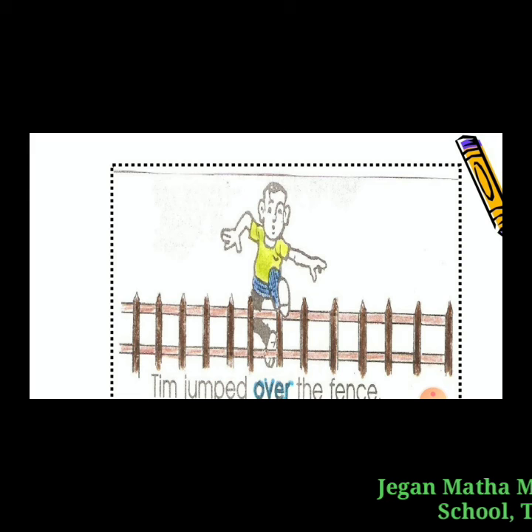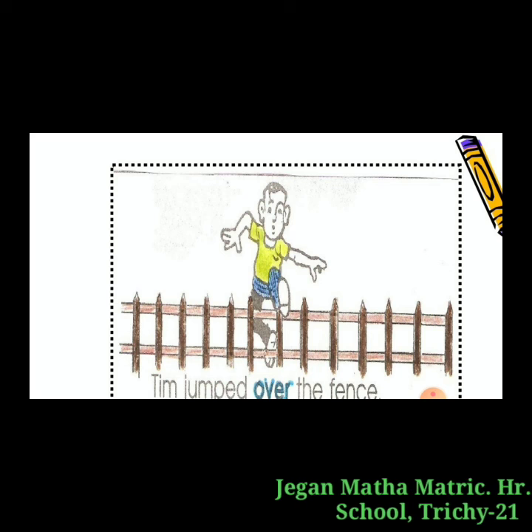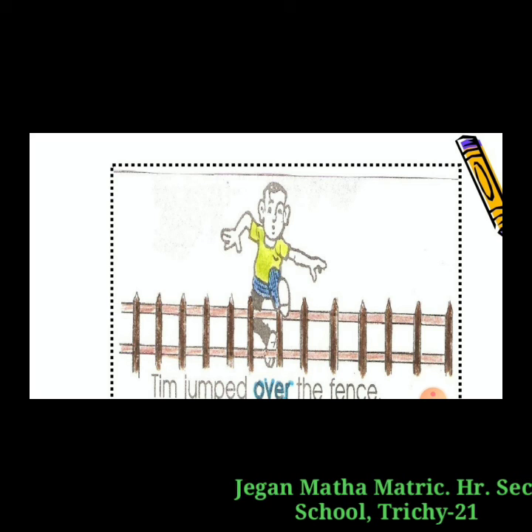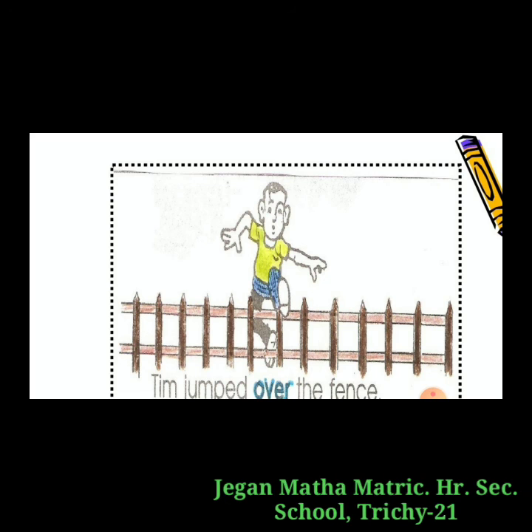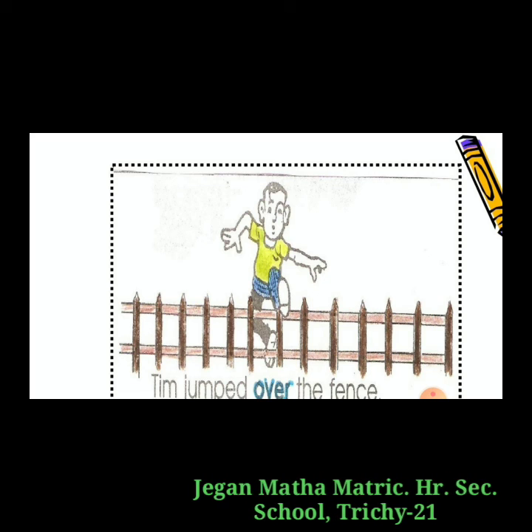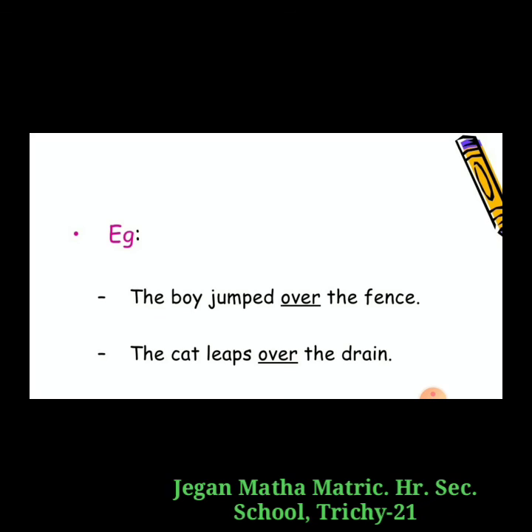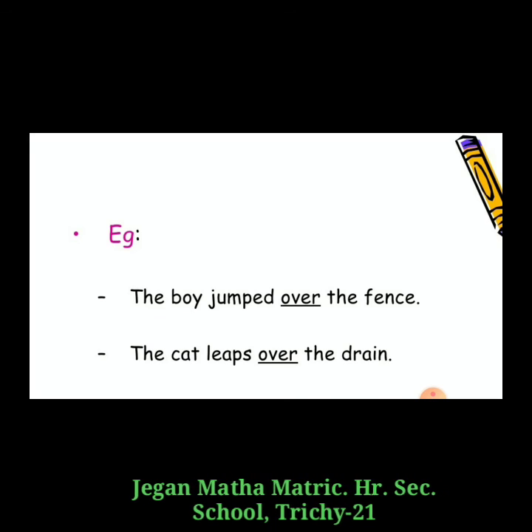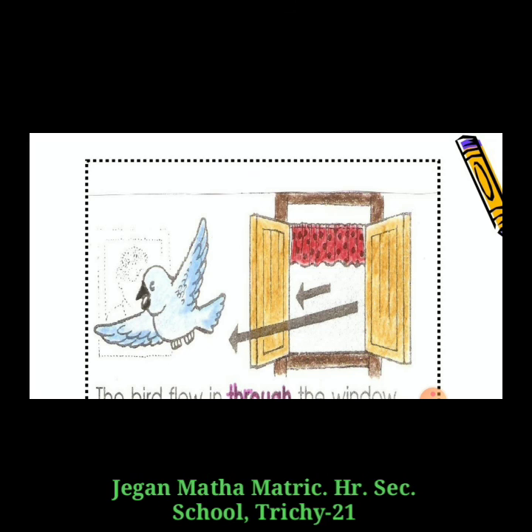Tim jumped over the fence. Over is for movement at a higher level, like jumping. I saw a helicopter fly over a lake. Just a higher level, so we can use over. For example, the boy jumped over the fence. The cat leaps over the train. The bird flew in